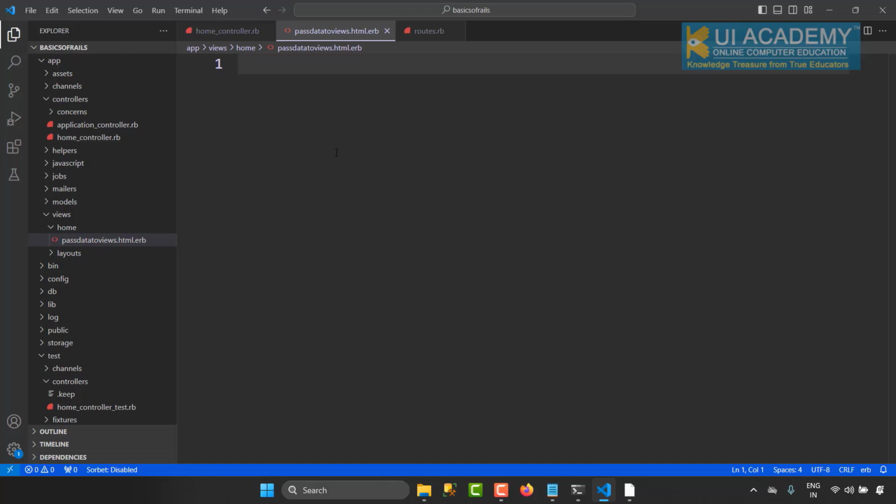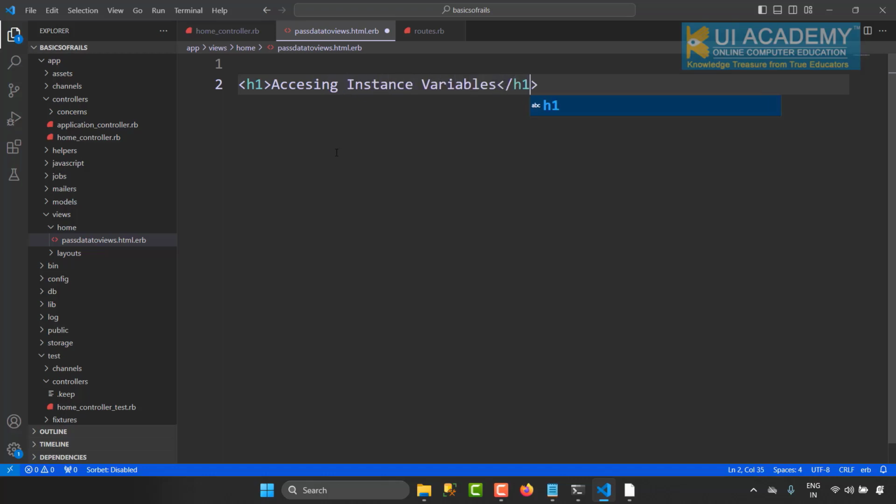So inside my html.erb, I'm going to have a block of code here. I'm going to say accessing instance variables inside the template. So "Accessing instance variables" is the heading that we will have inside the template, and I'm going to have a div tag here, and inside the div tag we want to access that instance variable,